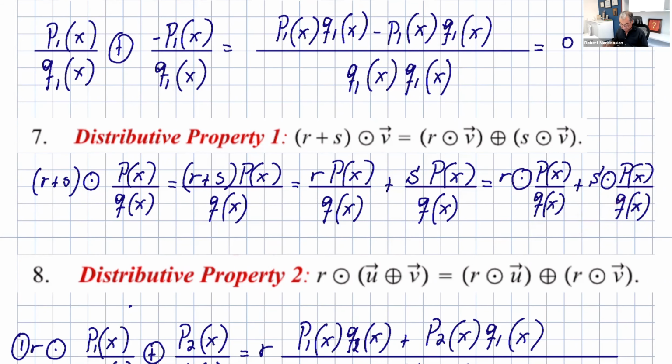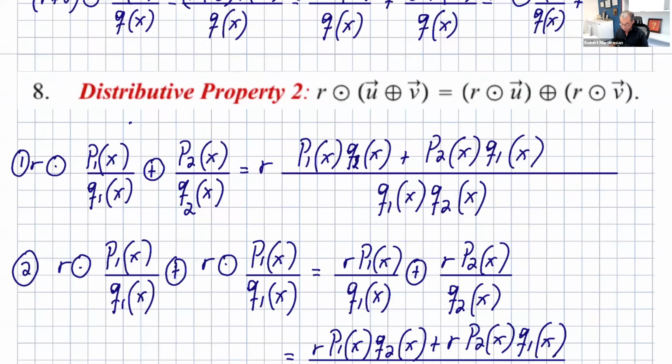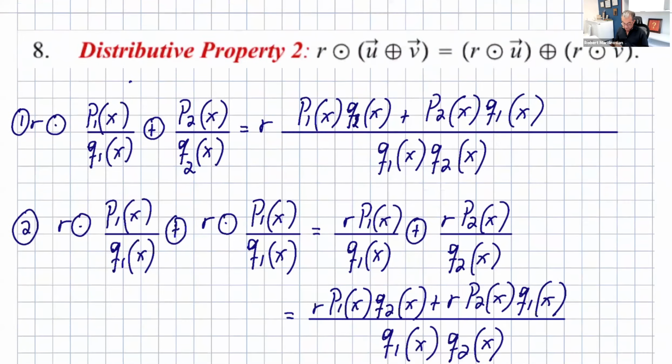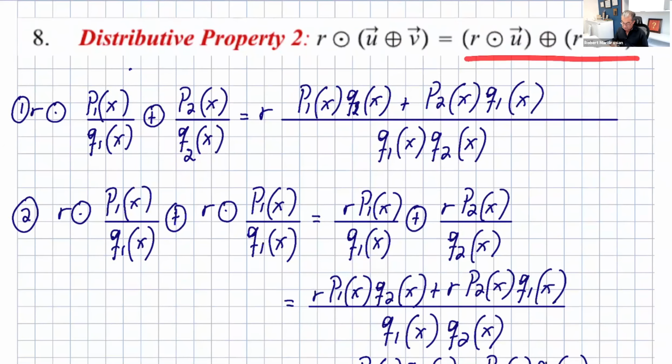So that's satisfied. Then we have the distributive property R dot U plus V. So we can say R dot P1 of x over Q1 of x plus P2 of x over Q2 of x. And again, this is R times, and you know what that is. You just write it. And you can just go to the right side here. If you write that one, so what we get is